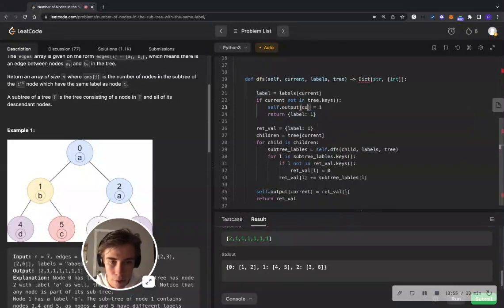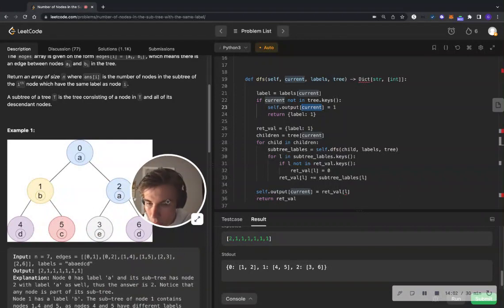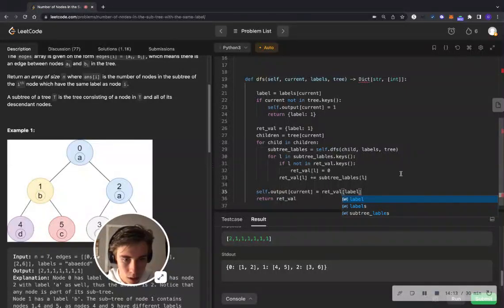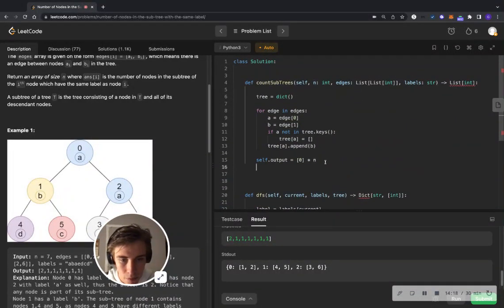No. This is the current because we don't care about the position of the string in this label. We care about the node that we're looking at. So current ret val, and here L is not even a label. Okay. So now that we've populated this thingy here, let's say self DFS, current being 0,